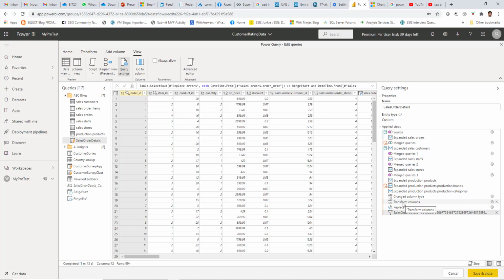Please keep in mind that you will not always be able to resequence these steps, because in some cases one of the steps might be dependent on one of the previous steps, and the previous step might be a non-folding step, so you will not be able to move this step towards the beginning. In such cases, at the end of the day, it depends on your business requirements and what dependency exists. So definitely the dependency also has to be taken into account. If there is a step preceding this step and this step is dependent on it, and that itself is a non-folding step, then definitely you will not be able to push the step beyond that.